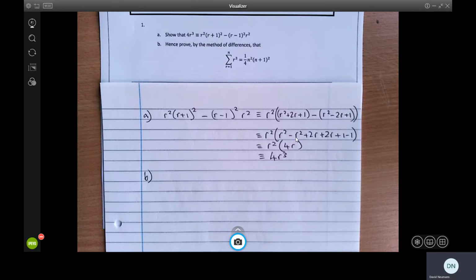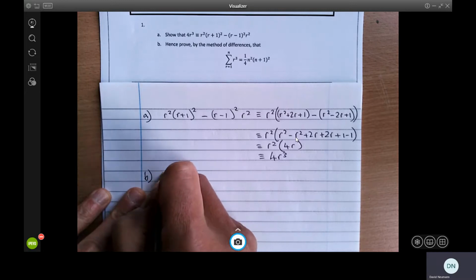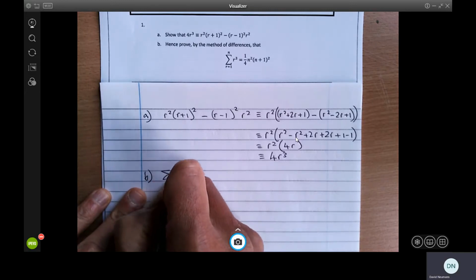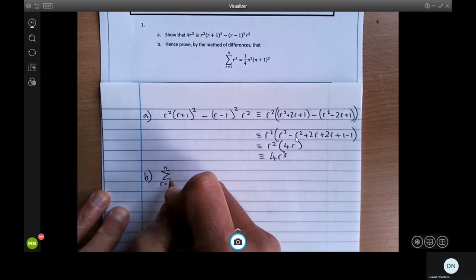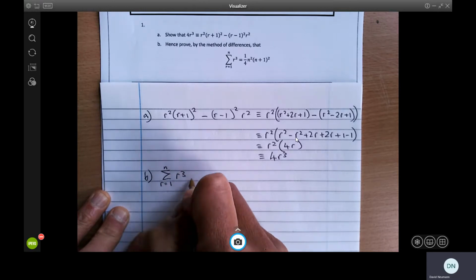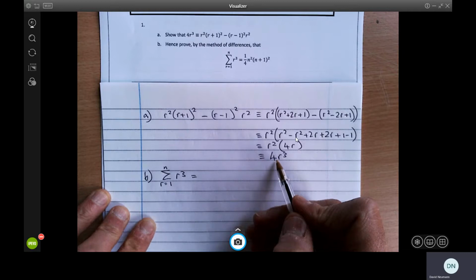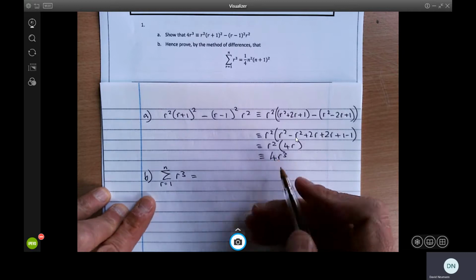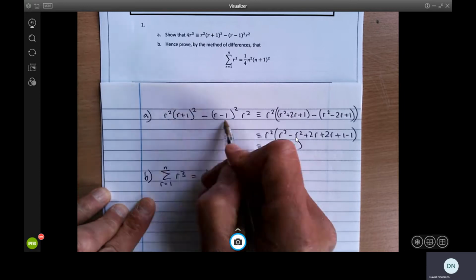So what we're going to do here is we're going to say that the sum from r equals 1 to n of r cubed is equal to, well, we can now use this to say that it's a quarter of the sum of